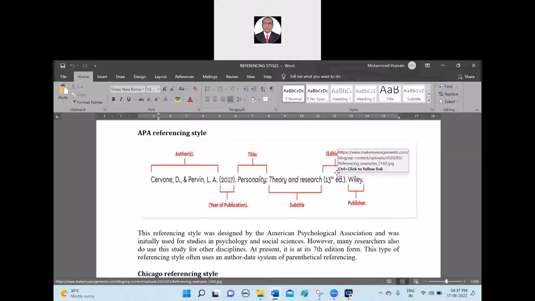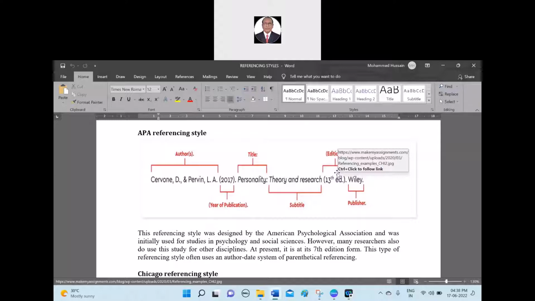But in APA style, they use only 13th, and it will never be written in Roman letters. It will be written only in Arabic numerals. Whatever the edition is, you have to write it in Arabic numerals. When there is no edition, it is deemed to be the first edition. I repeat, where there is no edition, it is deemed that it is the first edition. Second edition, yes, Arabic numeral 2, nd, in the style they use, the small letters within parentheses,